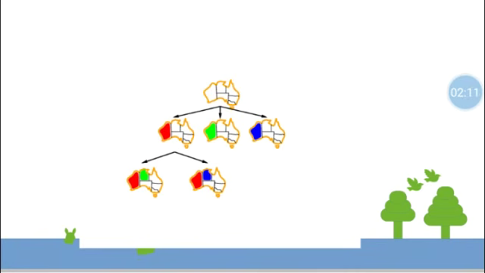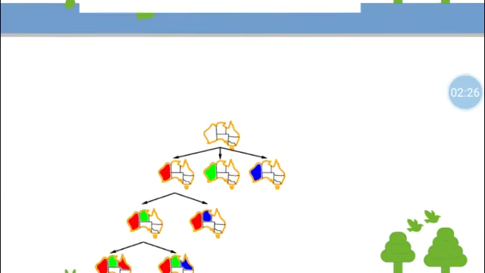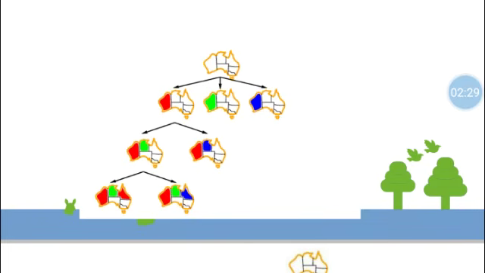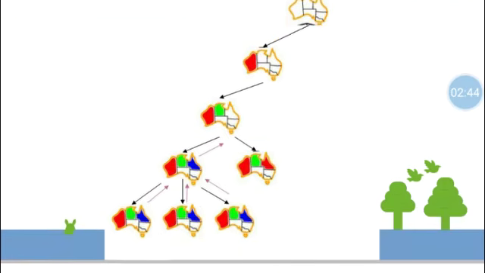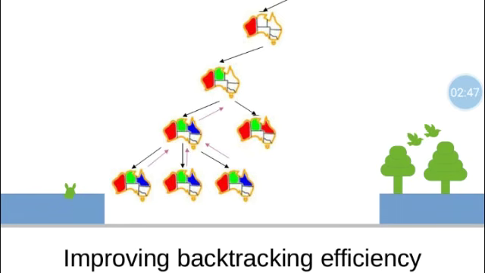Now there are two options we can give to the Northern Territory. As the Northern Territory is a neighboring region, it won't have the same color as red. So we have two options: first is green and second is blue. Let's move with green. Then we have another region near it, that is Queensland. So we again have two options for Queensland, one is red and second is blue, because as our constraint says, neighboring regions should not have the same color. Now again we have three options here.